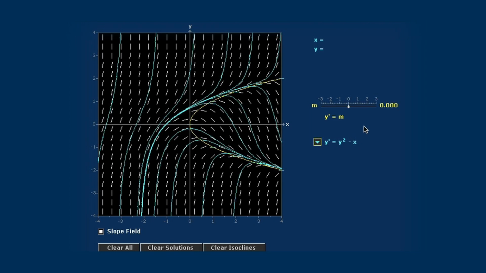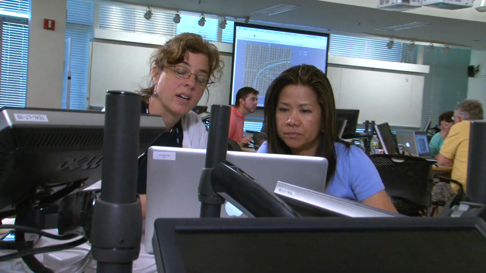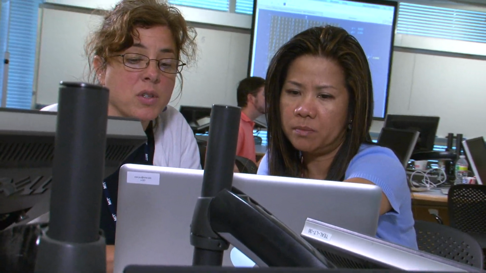I can draw other isoclines also, like here's the m equals 1 isocline. Let's draw the m equals 2 isocline. There it is. It's another parabola. That's y squared minus x equals 2. And everywhere on that yellow parabola I just drew, the slope of the curves that go through it is 2. Just the way everywhere on this one, the slopes are 0. So you can draw more isoclines and get more of a feel for what these functions look like.